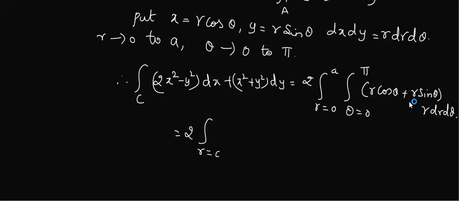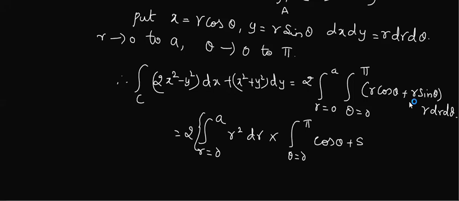So I'll write r equal to 0 to a. What is my r? I'll get a function of r. If I take r common, I'll get r, and this r, as he said, it is r square. Am I right? R square into theta is 0 to pi. Tell me the terms containing theta. Cos theta plus sin theta, d theta. Very good. Now easily we can integrate it.